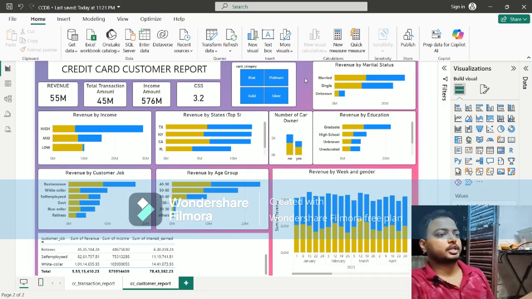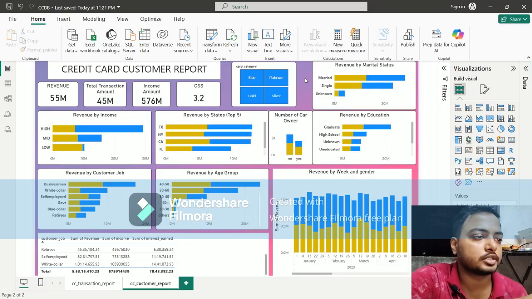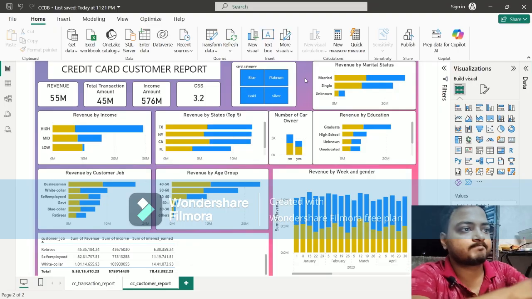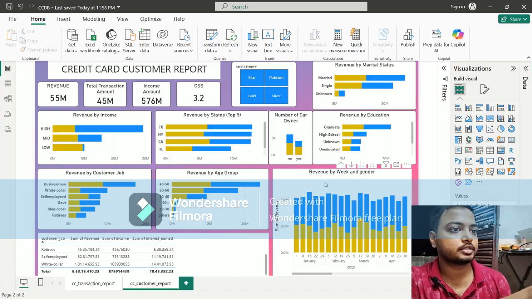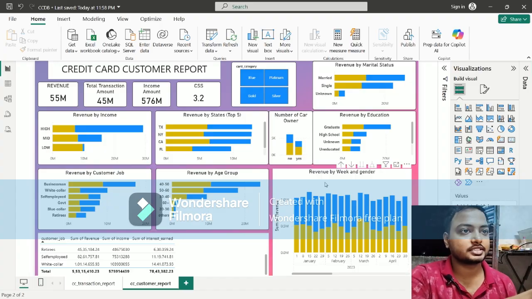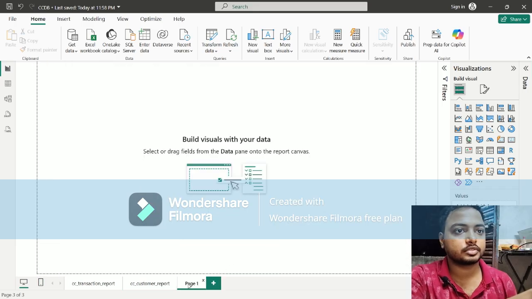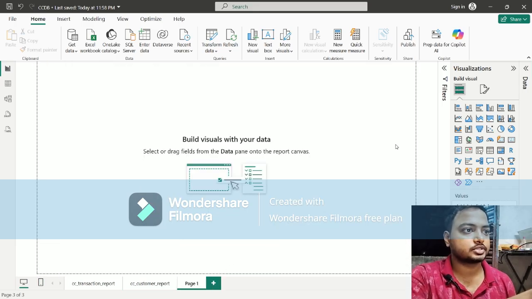Okay, so we have designed the credit card customer report dashboard. So that's it. We have completed it. Now let me save it with Control S. So let me also create the week on week percentage change. I just forgot it. Let me create the week on week percentage change. So for that, let me